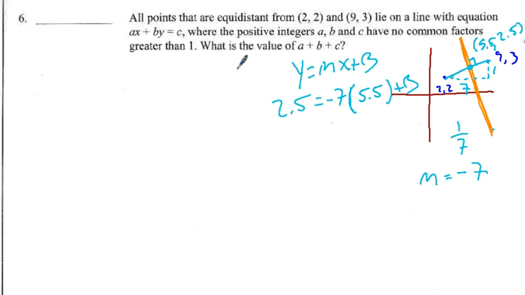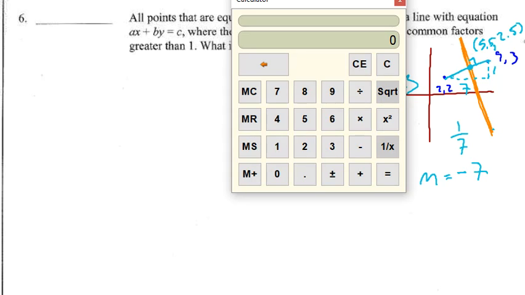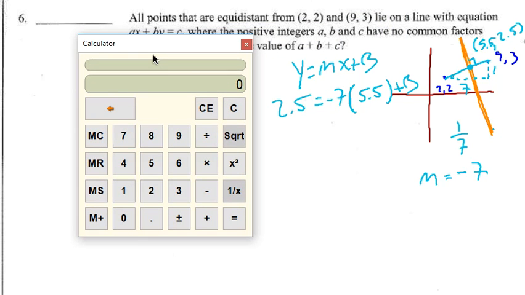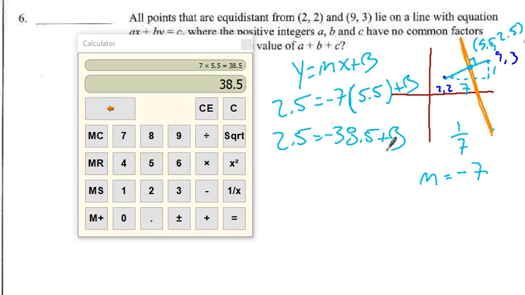And so, no shame. Of course I get the calculator out. Brilliant. So no shame in using the calculator. So we have 7 times 5.5. So we get 2.5 is equal to -38.5 plus b. So I'm going to add this 38.5 to both sides. So I get 41 is equal to b,